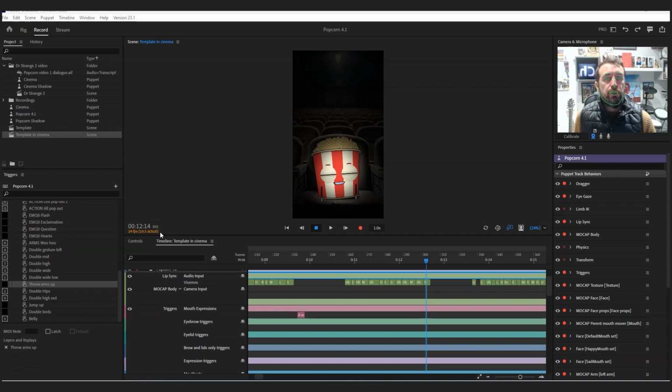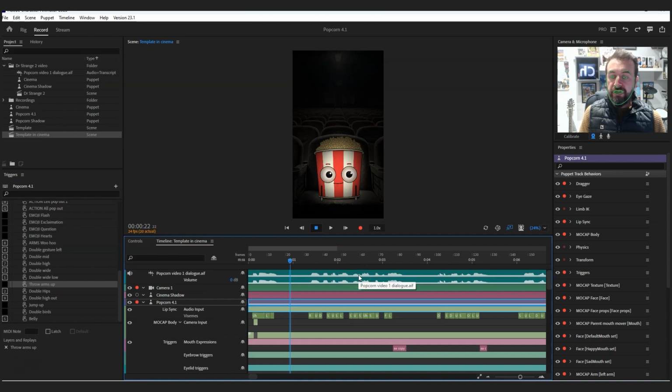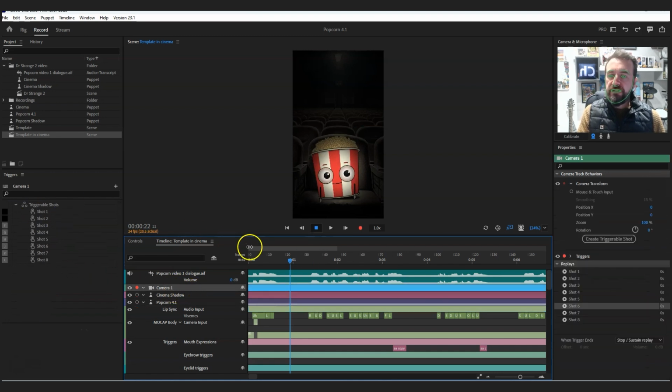Right, so I've shown you how to record, I've shown you how to bring in audio, and I've shown you how to add expressions and add general motion capture movement to your character. There are some other things that you can add to spruce this up. One of the most important ones I find is camera actions. You can do that in Adobe Character Animator, and I've set up a bunch of camera actions. So let me just remember where I've got them on the keyboard. I think, first of all, if you click up here, you can see your camera system, and if I go to replays and just press play,